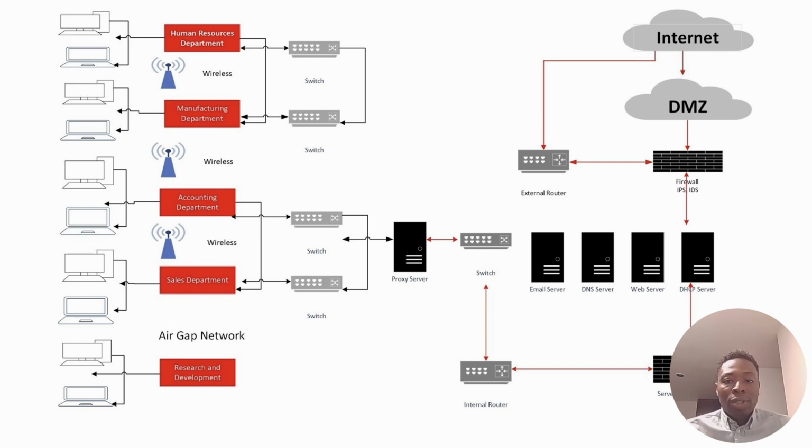In addition, you can see that we placed our proxy server before the internal network, and this is to disguise our IP addresses for our users in each department. We added an extra level of data encryption and to block access to certain web pages based on IP addresses. For instance, the company has restricted some social media sites from all user departments,